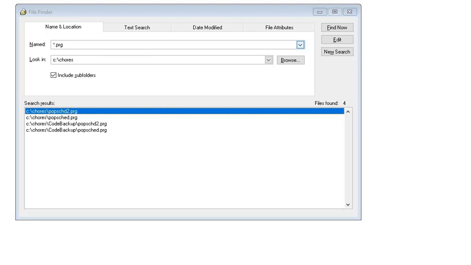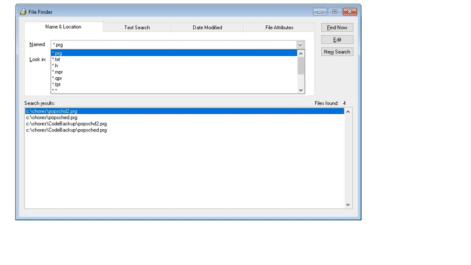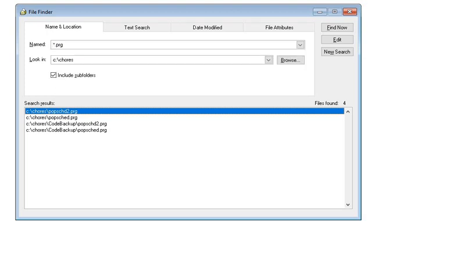The named field here does have a drop down. Just selecting start.prg means that we would only search through files with a PRG extension. We have a default folder, which for this example will be c:\chores on my machine. We have the ability to include some subfolders, and I'll try to show you the example both ways. On the second tab,